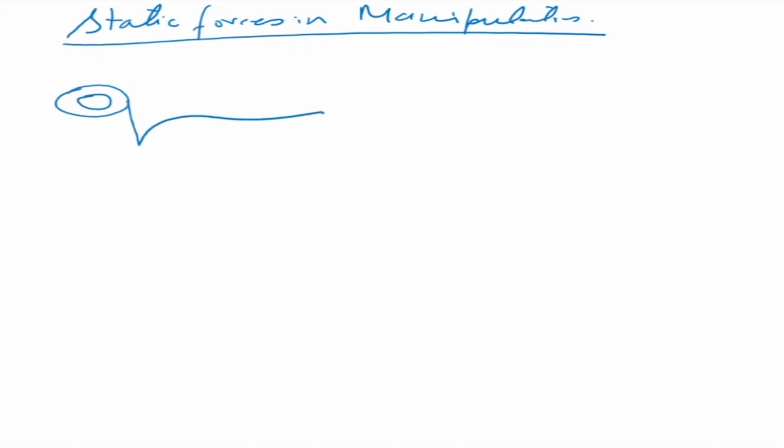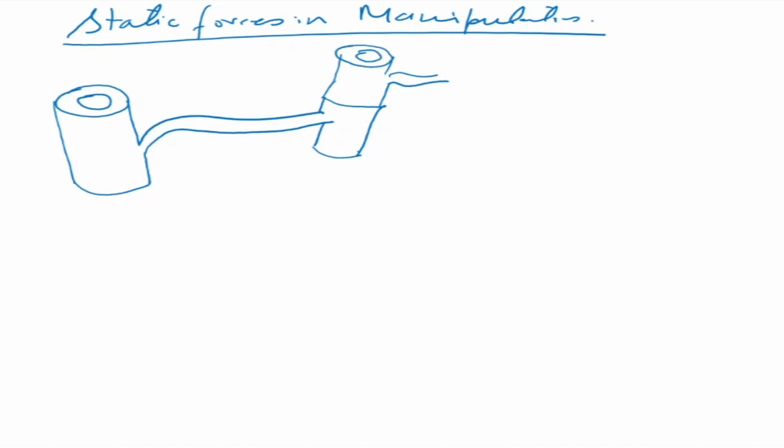So this is a generalized view of a link. It's in 3D, so it can have any shape, so I'm just drawing it this way. So this is one frame, and there is another frame, the next frame. Let us say this is my frame which is called i, and this is the frame i plus 1.